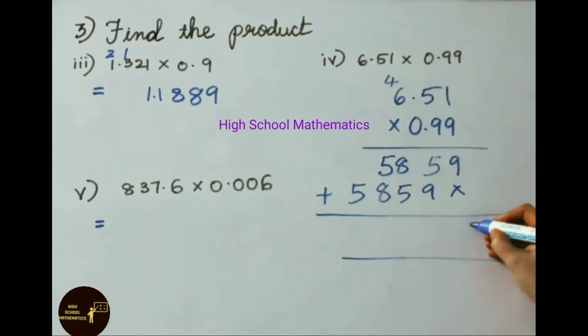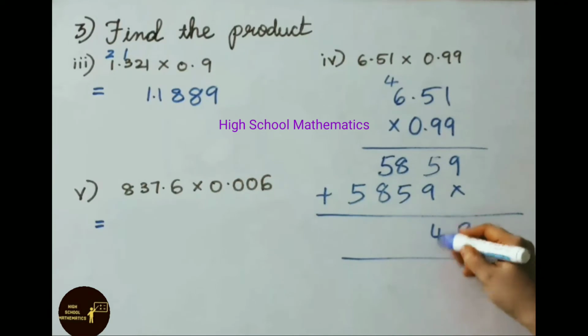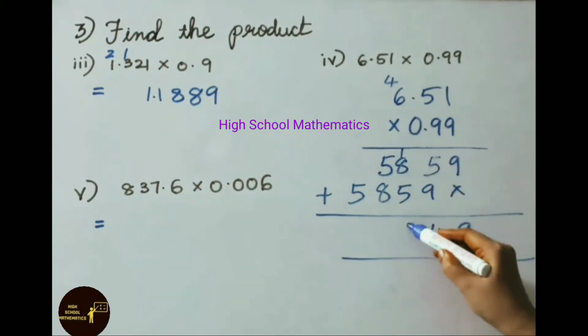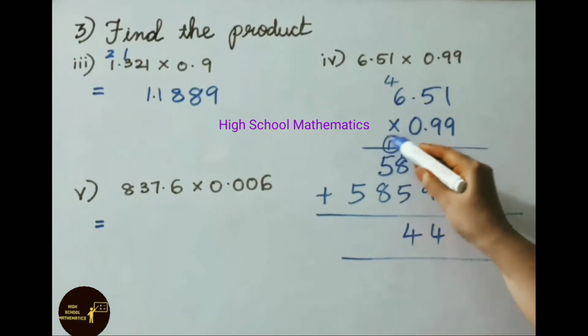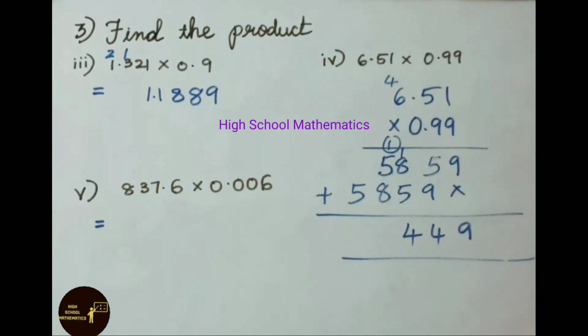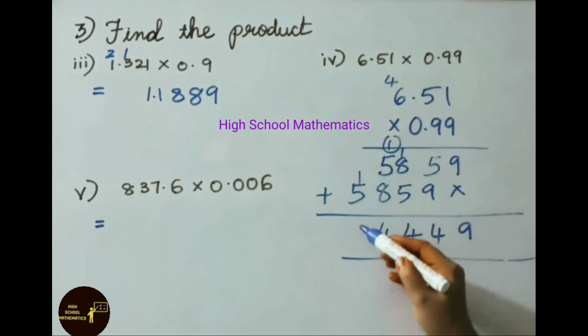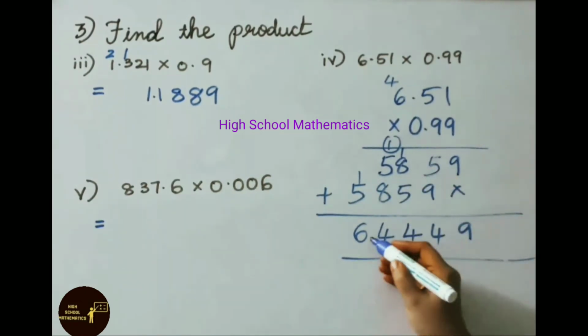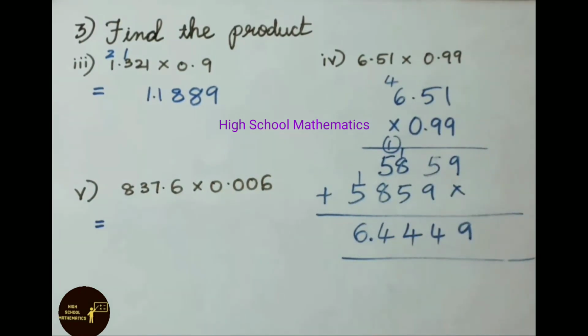Let us add now. 9. 5 plus 9, 14, 4 carry 1. 8 plus 5, 13, 13 plus 1, 14. 4 carry 1. Again 8 plus 5, 13, 13 plus 1, 14, 4 carry 1. 1 plus 5, 6. Count the decimal places now. Here 2 digits, here 2 digits. 2 plus 2, 4. Right side onwards 4 digits before we place the decimal point. So the answer is